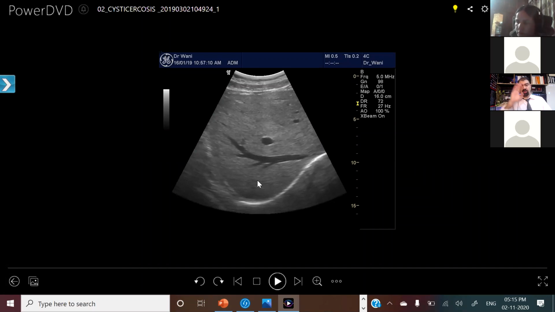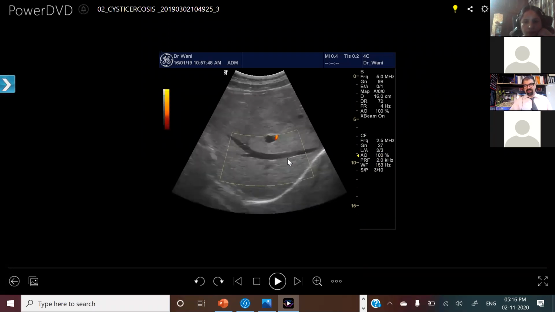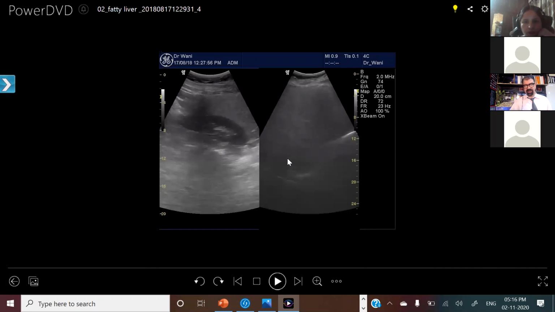Whether I am dealing with a superficial segment or a deeper segment, if you know which segments are superficial and which are deeper, then you will remember it for your whole life. Am I cutting superficial segments or deeper segments? Superficial, segment 7. Why? Because the veins are superficial. Very good. Now see, these veins are telling me that I am cutting the liver superficially. So this is right, this is the right hepatic vein.